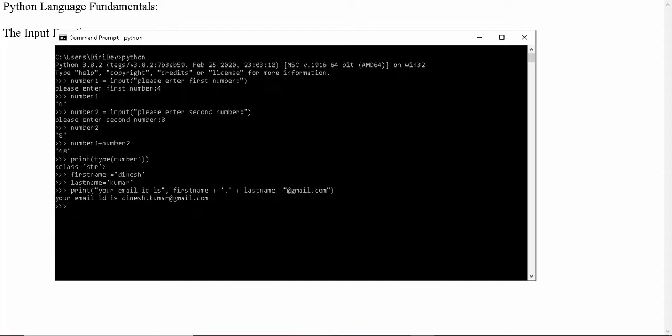Here, your email ID is dinesh.kumar@gmail.com. So there are cool things we can do with concatenation, but that is not what we wanted for our numbers. So how can we solve our problem?